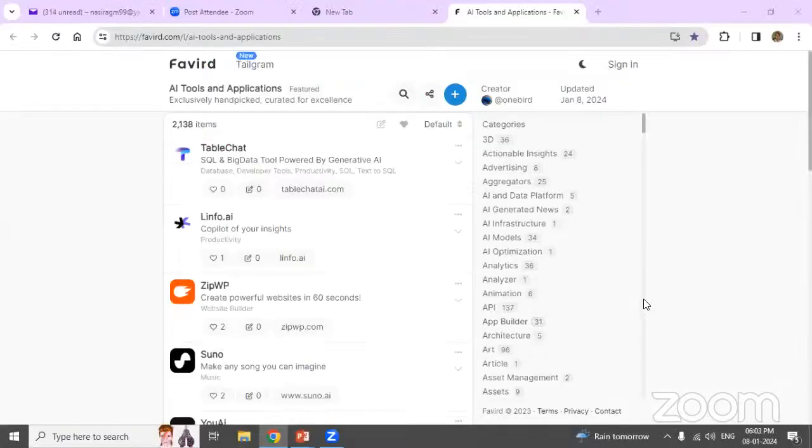So I think my screen has changed now. Fabird.com, where you have a reference of the available AI tools and applications.